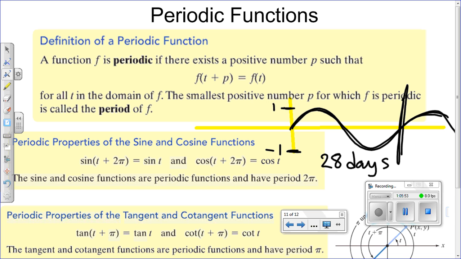So when we have a function of sine and cosine, the period for them is the same as the complete circle. How many radians are in the circle? Regina, pay attention to me. How many radians? 2 pi. So if this was not the menstrual cycle, if this was just the sine function, from here to here, it will be 2 pi. And for cosine, it's the same. It will be 2 pi. So that's what we have here